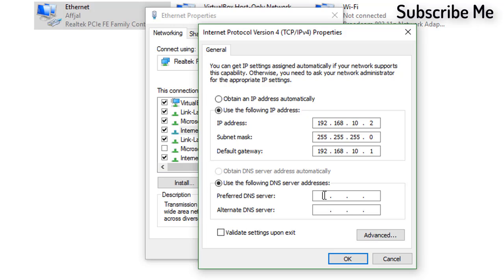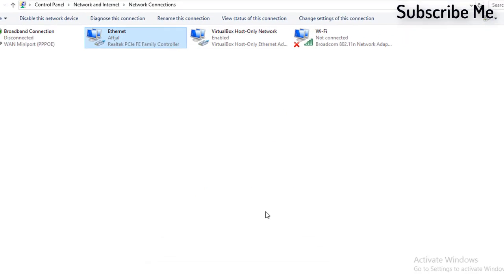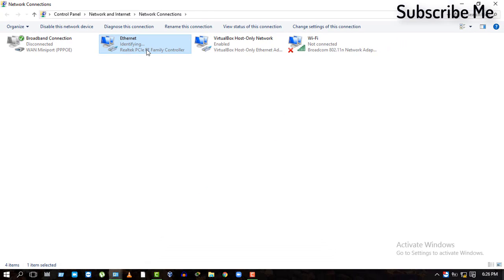Okay, then we will configure the preferred DNS server. I am using a primary DNS server. The Google primary DNS server is 8.8.8.8. This is the Google primary DNS server. You can use it easily. So let's click OK, then click OK. Okay,